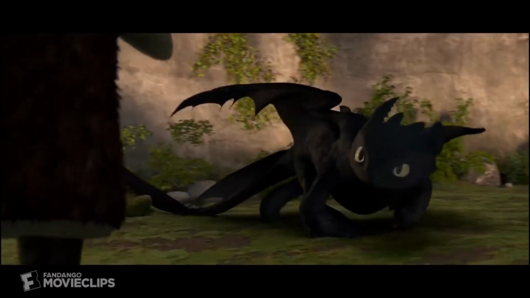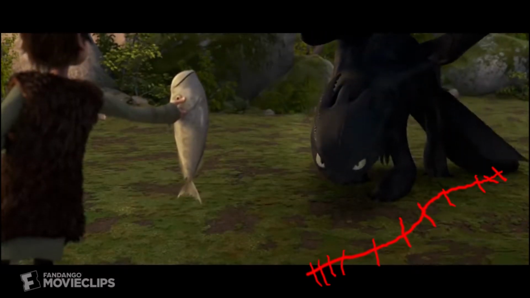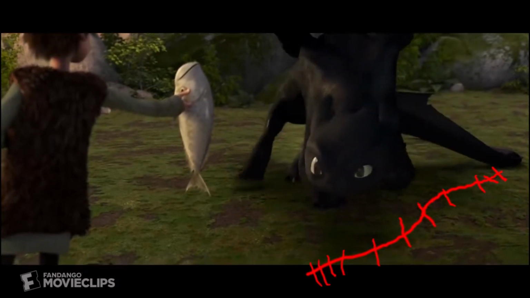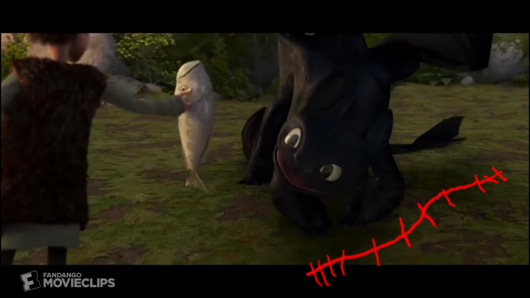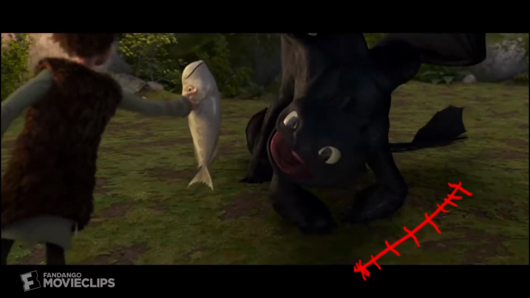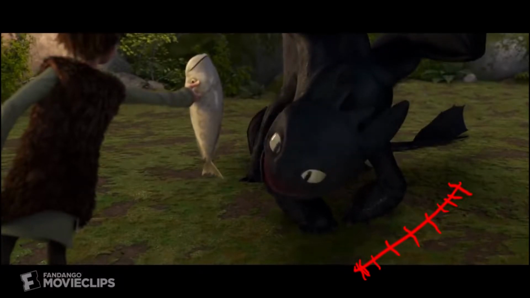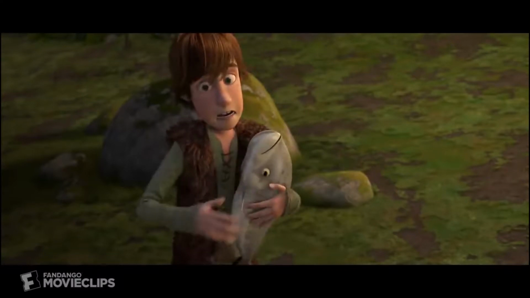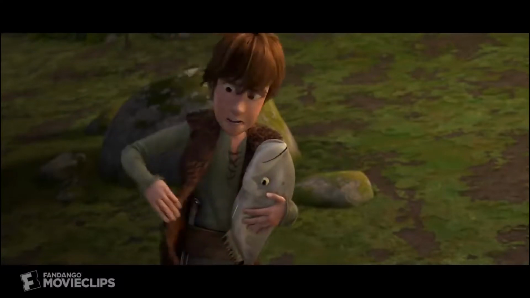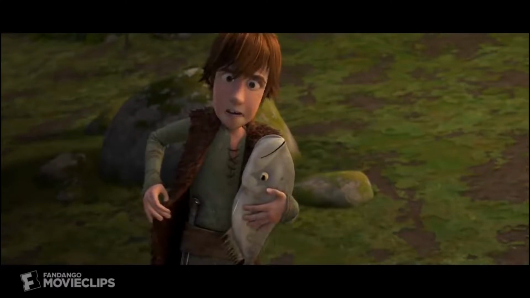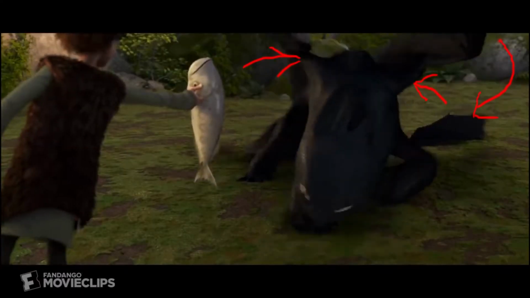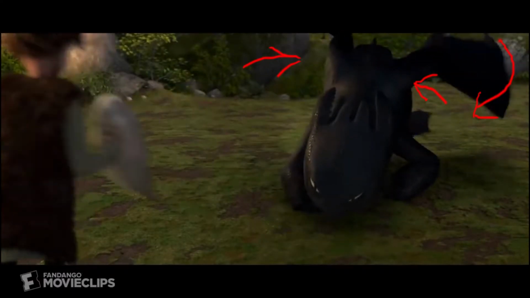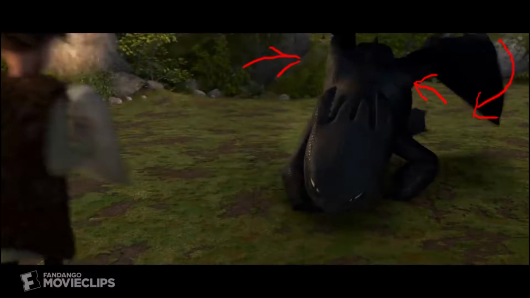As we can see, when Toothless cautiously creeps towards Hiccup utilizing a slow in motion, however, in a split second he backs away in a quick and exaggerated but aggressive motion upon seeing that the young Viking is armed, after which he solidifies his stance with a slow out. Additionally, in this moment of Toothless and Hiccup's emotional expressions, they are further improved with the use of secondary action. An example would be as Toothless backs away from Hiccup, his wings and tail move closer to the dragon's center of mass to further emphasize his aggressiveness and defensive stance towards Hiccup's weapon.